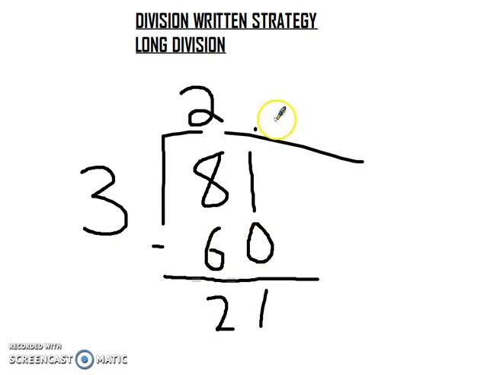3 times 7 equals 21. So I put down my 7. I've shared out 21, which means I've got nothing left. So I've got no remainders. So 81 divided